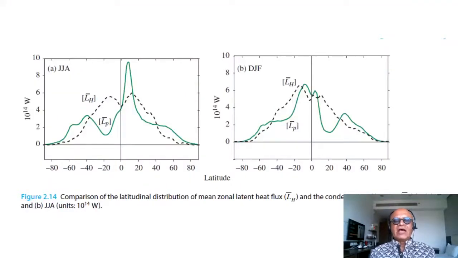Now that we explained how the heating occurs, let's look at the distributions of heating in the zonal mean, meridional, and the tropical and extratropical zonal sections. As you can imagine, the latent heating is related to evaporation, which is maximum in the subtropics. So you can see the latitudinal distribution of zonal mean latent heating shows this double cusped distribution